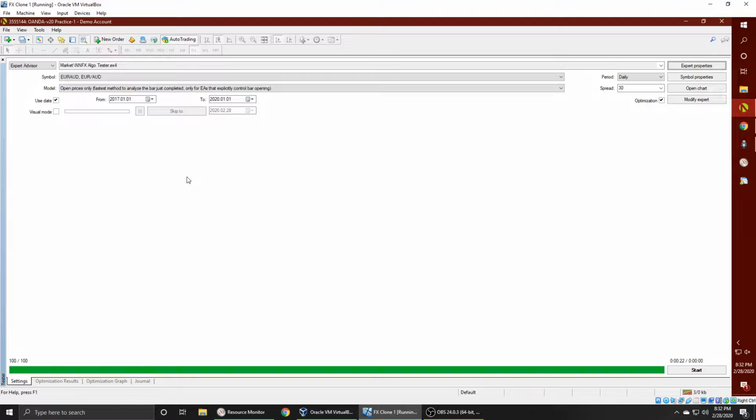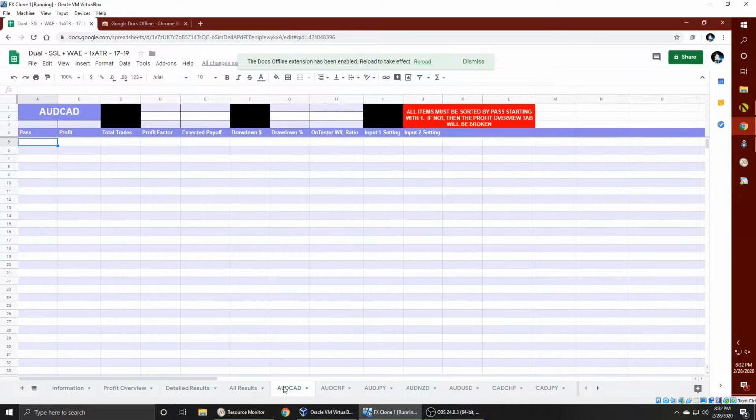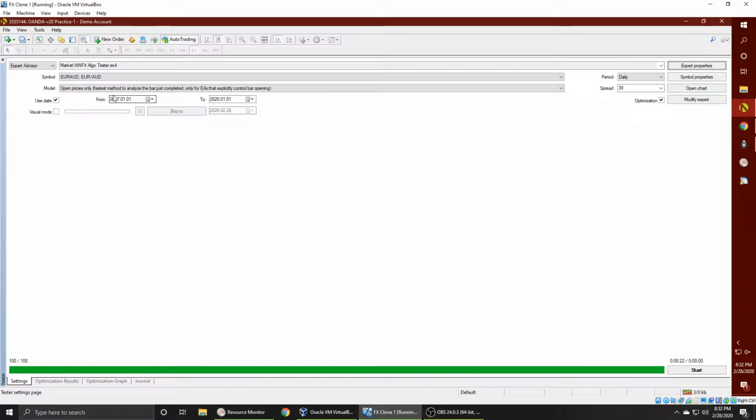And next we're going to have to go over to the spreadsheet. I use Google Sheets for this. It's free, easy to use. I will make this available in the description below. We're going to switch over to the AUDCAD. That's the first one we're going to test. We're going to go back to MT4, switch it over to AUDCAD,